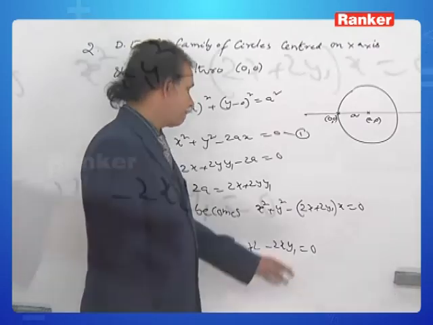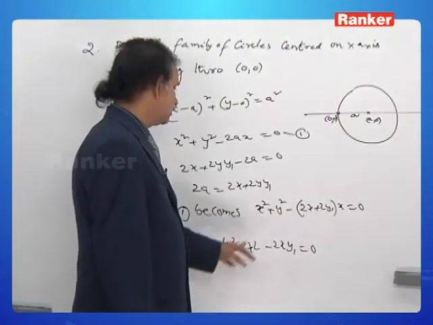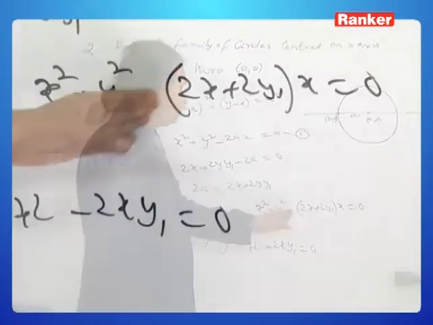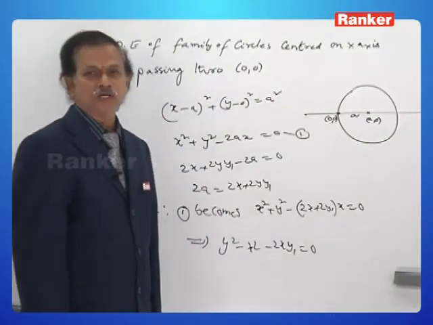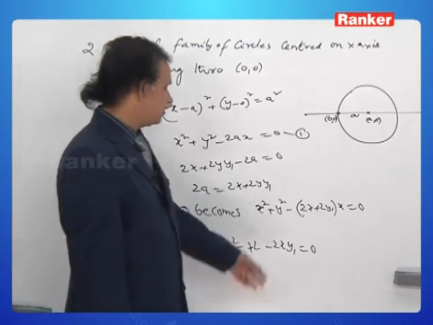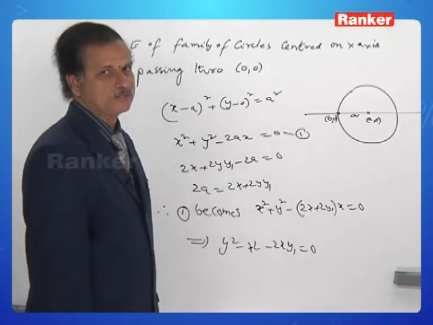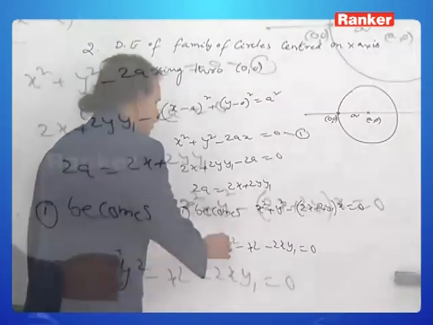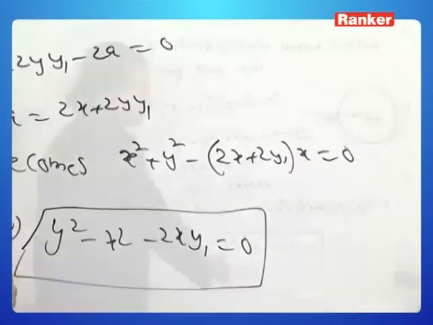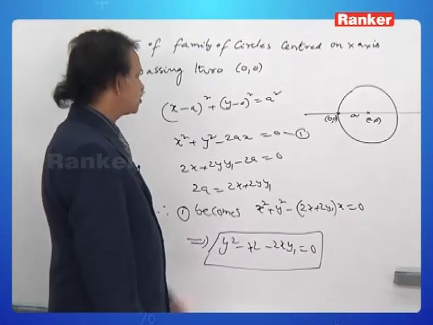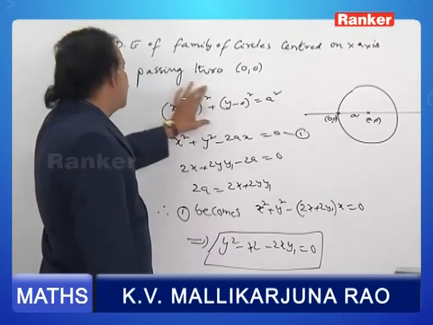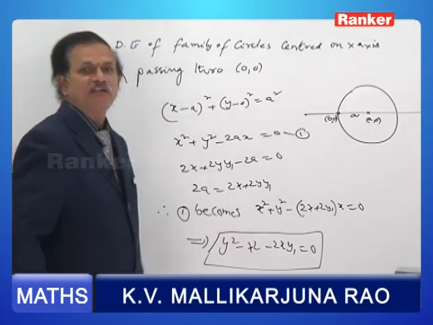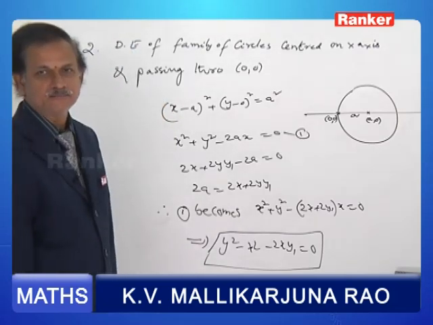Is it right? Y square, okay, only once. X square minus 2x square is minus x square, and minus 2xy1 is equal to 0. Come on, my dear, what is the order and degree of this equation? First order and first degree again. So in order to arrive at the correct conclusion, you must know the diagram and equation of the family,